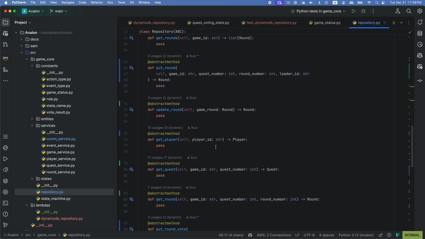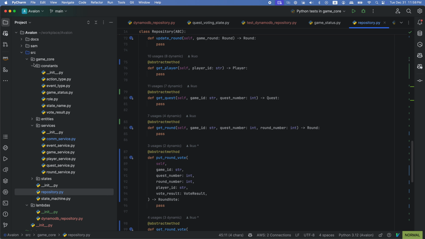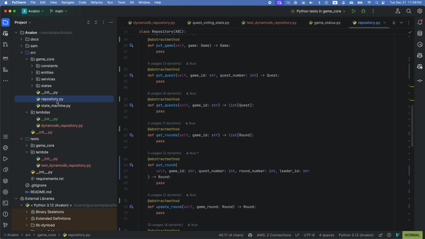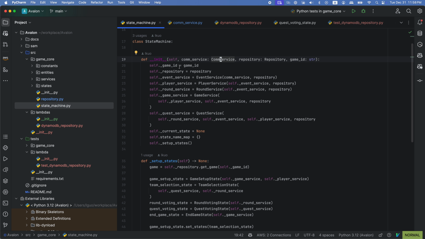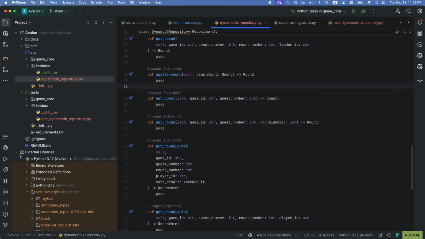It's an implementation detail. So we're just going to provide this interface and allow whoever uses this game core to implement their repository and pass it to the state machine, so that we could just run it.